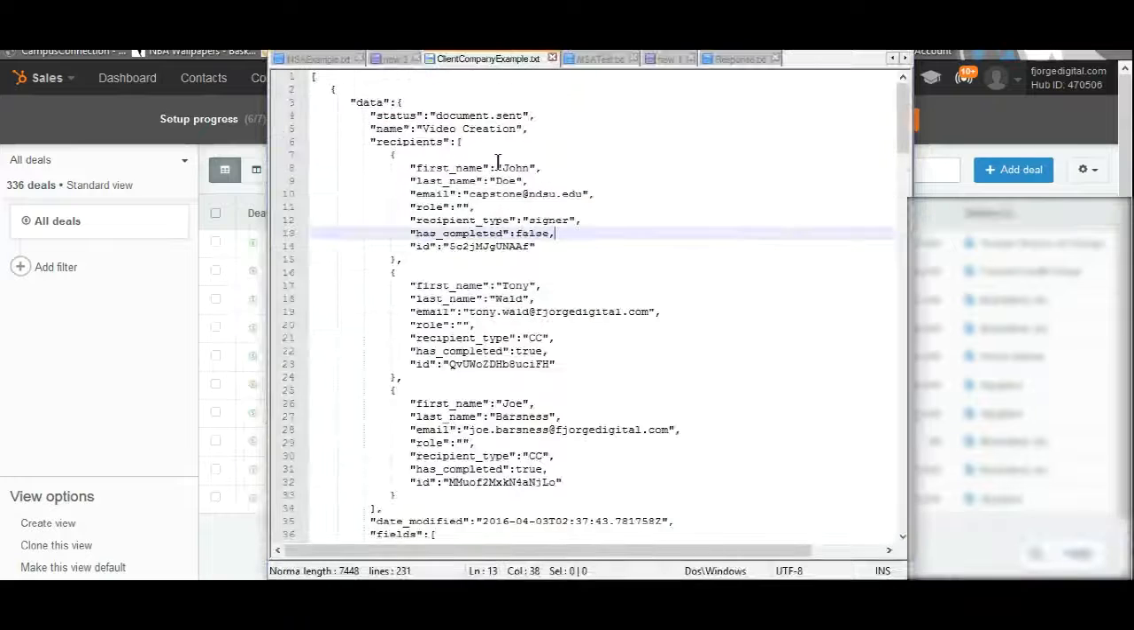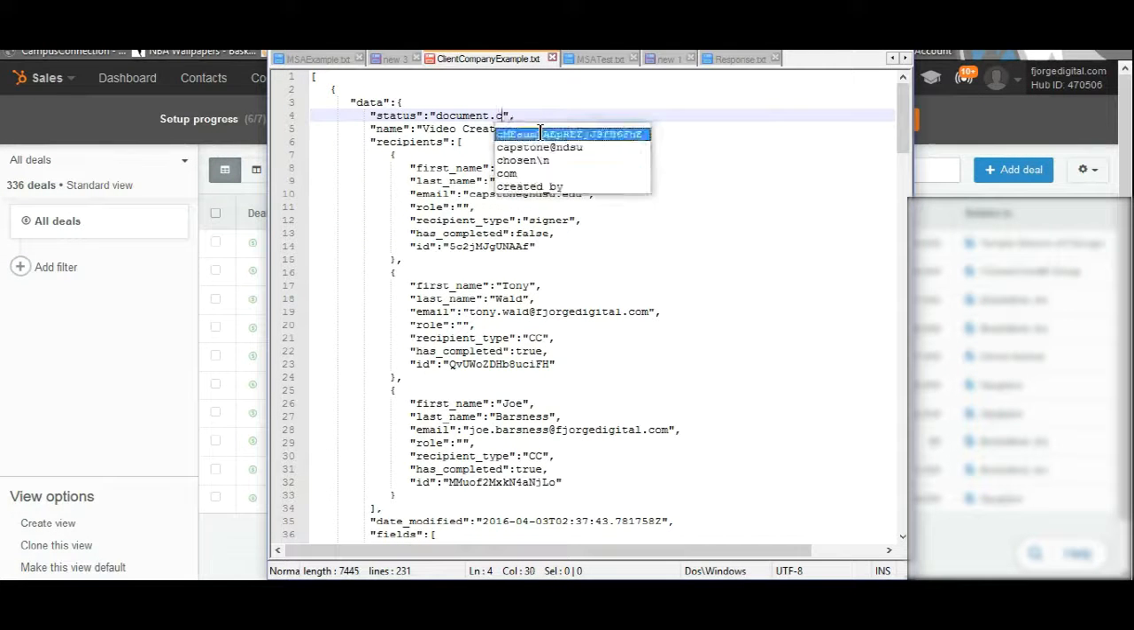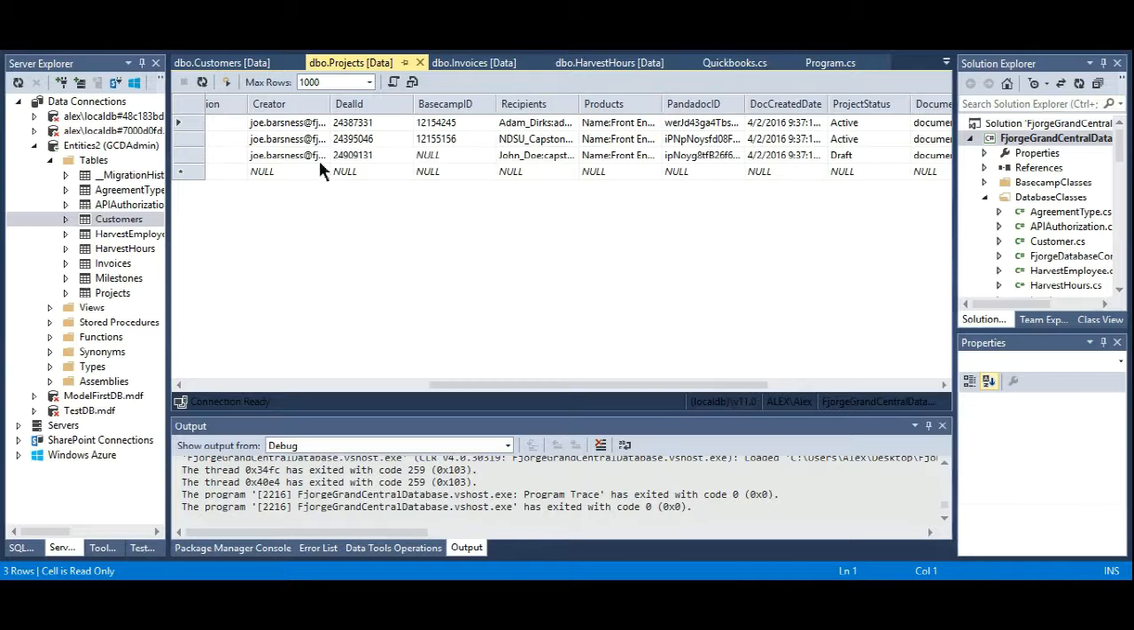Now if we change this, this will simulate the completion of a document, which now means that the project is active. So if we run this again,